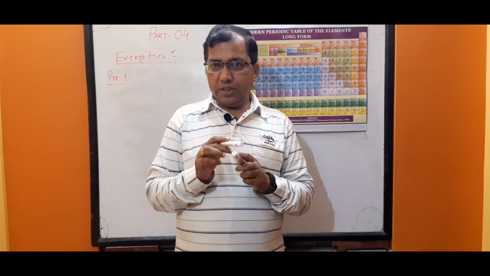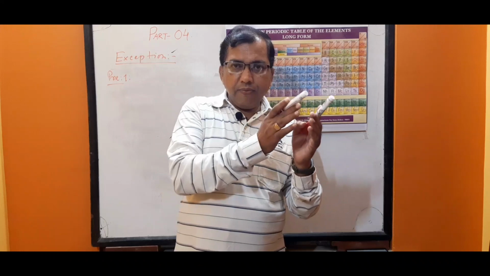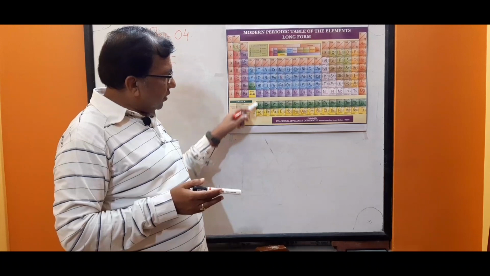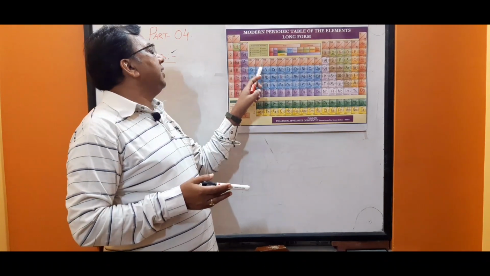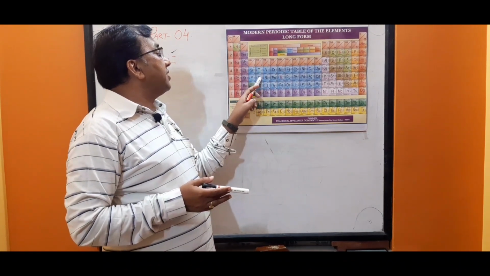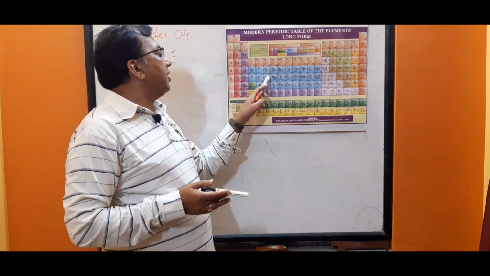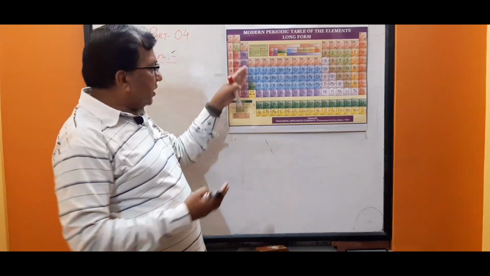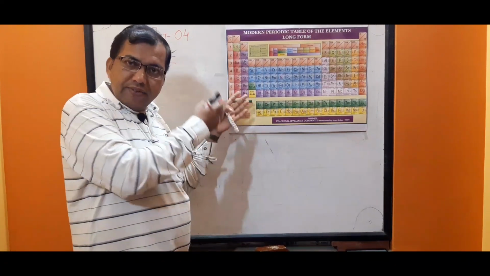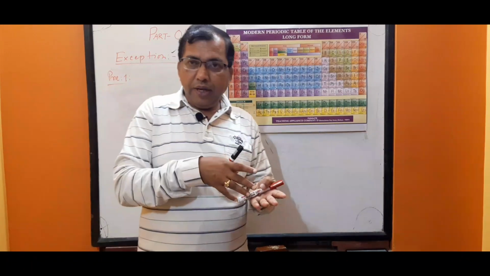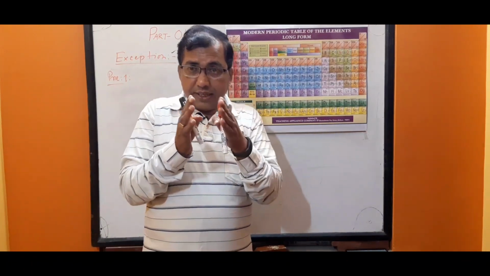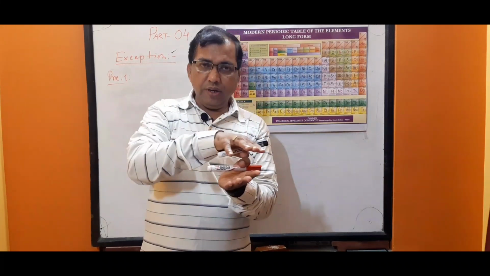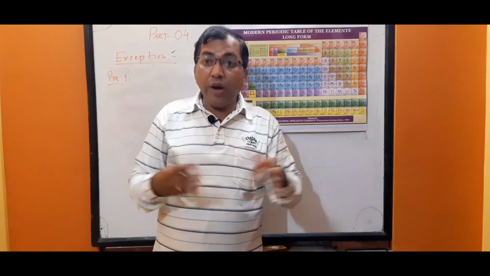no change. Titanium is less than zirconium; it is increasing, atomic radius increases, this less than this, this less than this, accordingly down the group it will increase. So this is correct for scandium, yttrium, lanthanum. But for titanium, zirconium, hafnium, what will happen? Zirconium and hafnium will remain the same. In the case of niobium and tantalum, it will also be the same. Why?